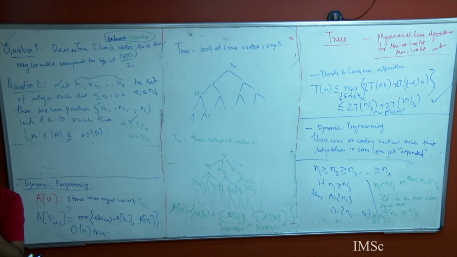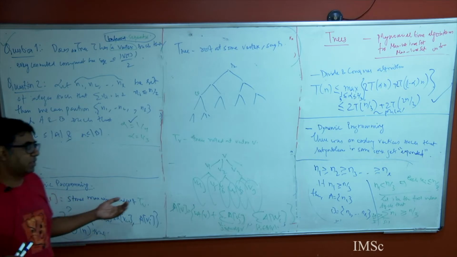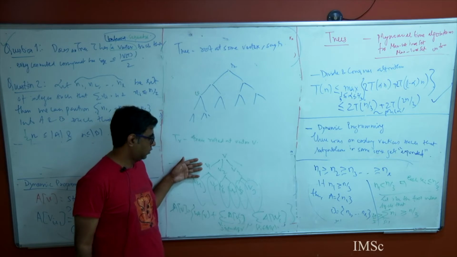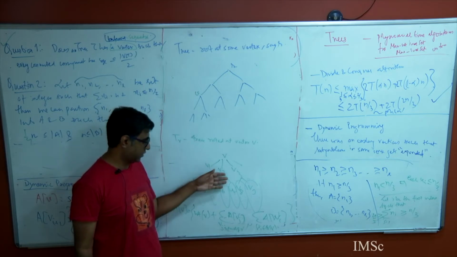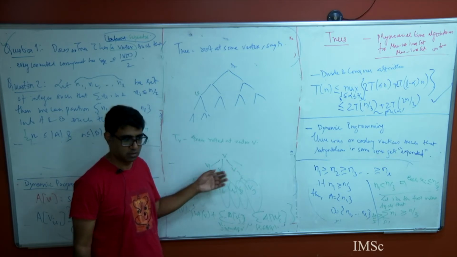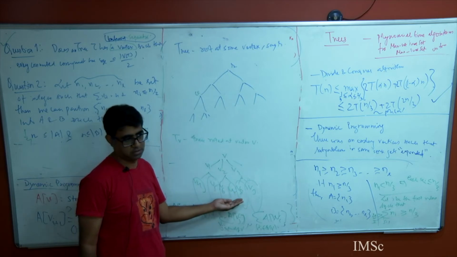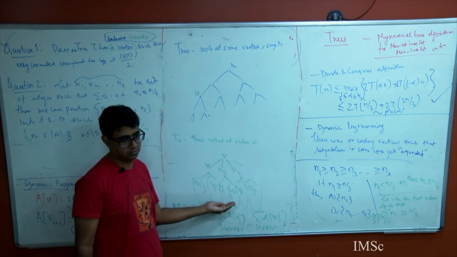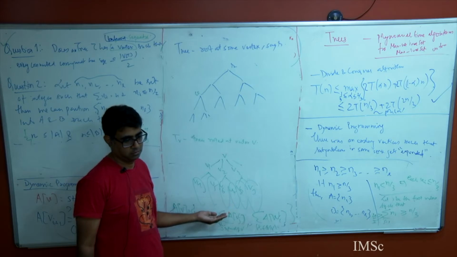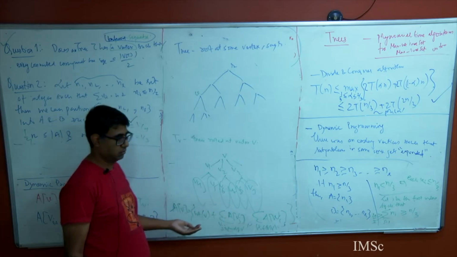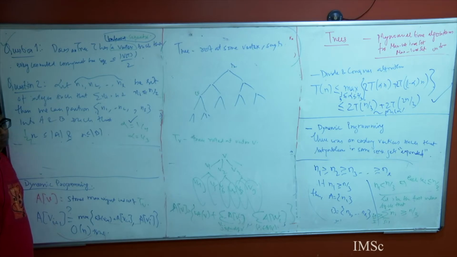No, we are not forcing that. Where did we force that? In AVi, all it stores is the maximum weight independent set of TV. So whatever may be the independent set here, you take that independent set here, take that independent set here. Their union is still an independent set. Also, AVj does not necessarily include Vj, but it also includes the possibility that Vj